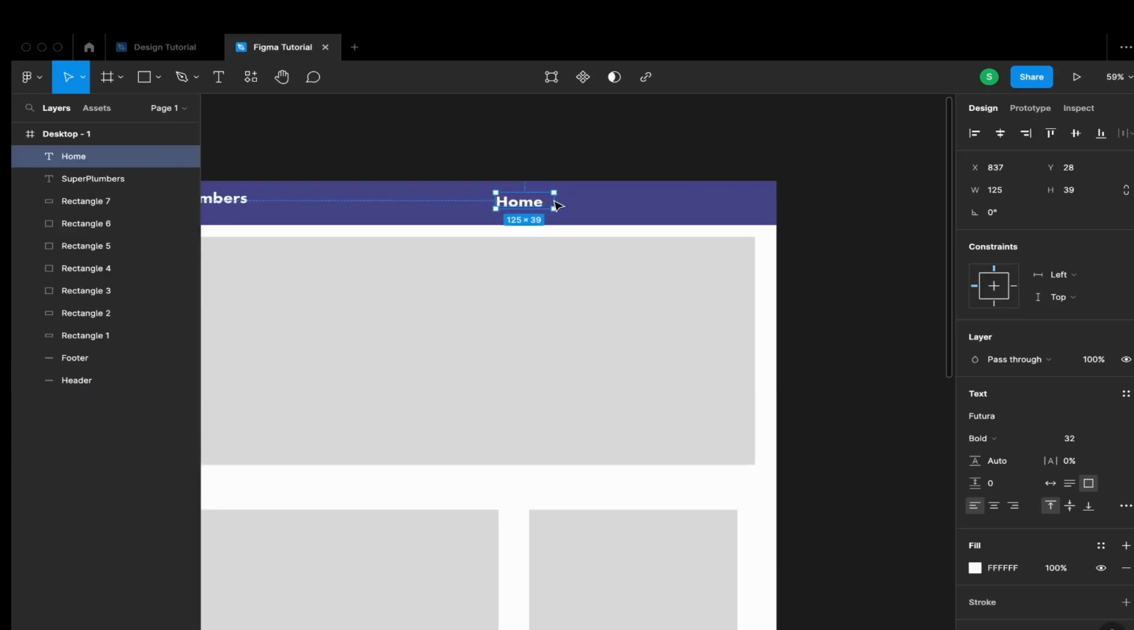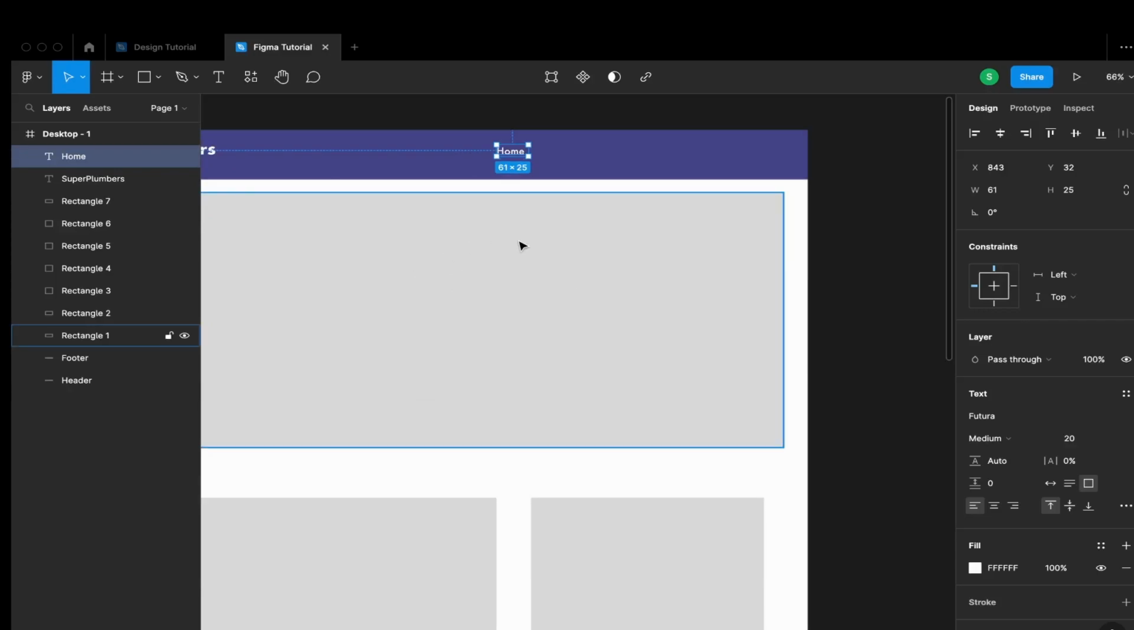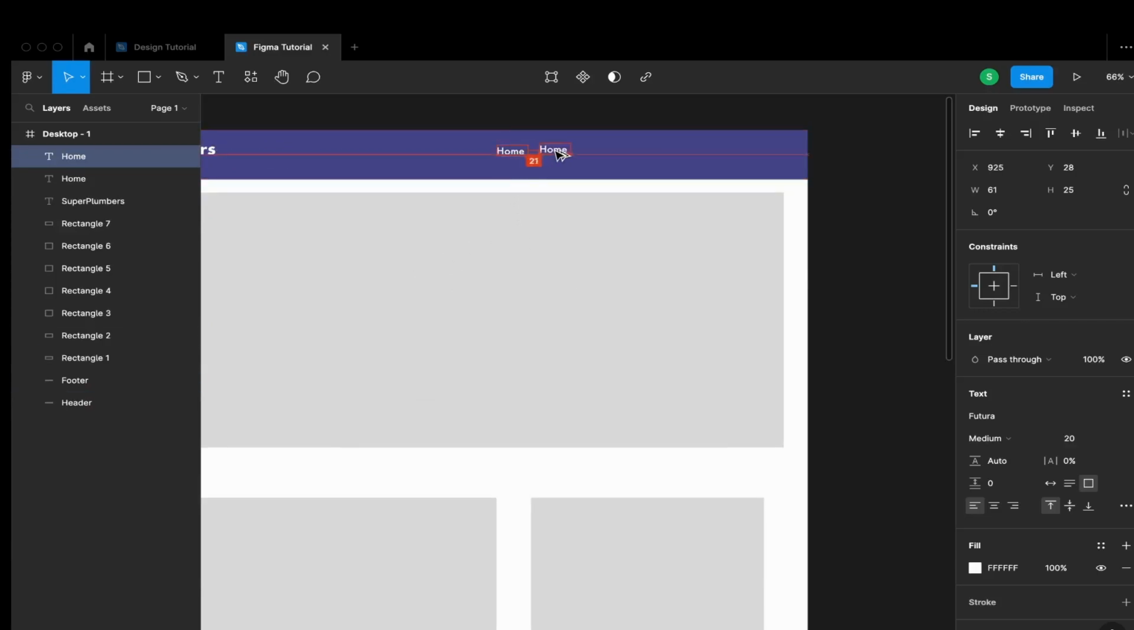Okay, let me zoom in here a little bit. Again, forgot to highlight it, so 20 and medium. And again, shorten the container a little bit and check how that looks. Yep. Okay. So now we're going to hold down Option or Alt, and we're going to